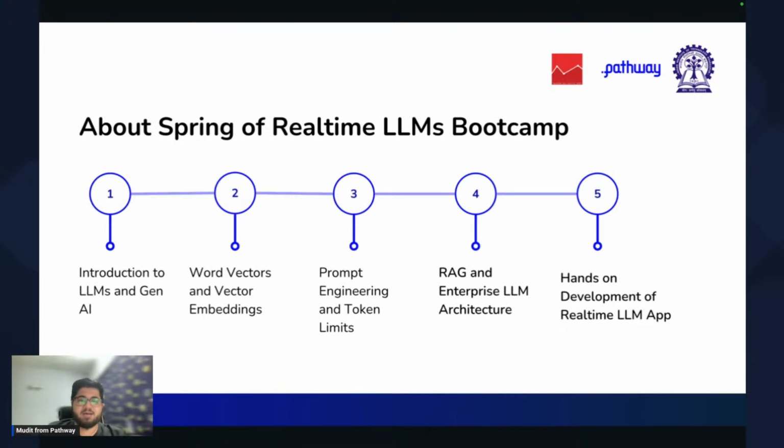Now, in terms of the boot camp, as I said, there's no caveat here. The idea is the boot camp is not a rushed way of learning, where we try to consume a lot of information in this 1.5 hour session. This is an intro session for you to understand what all things we'll be covering in the boot camp. By the end of it, you will be able to build your own application, which is production ready, which you can use. If you're able to build some startup out of it, awesome. If you need help, the Pathway team and the Discord channel that we'll be creating for the bootcamp, if you ask us, we are more than happy to help you build an application that has a real world impact.